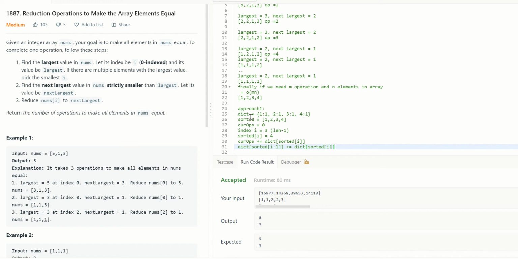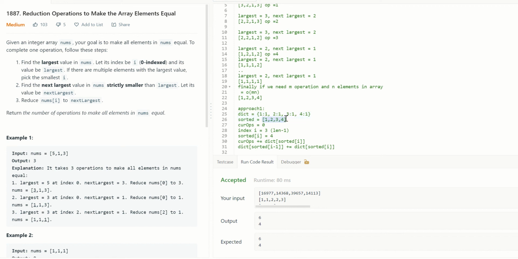One more thing that we are assuming is that the sorted array has all unique values. What if we don't have unique values? Can this work? This cannot work. This formula in line 31 cannot work. For that purpose, instead of just straight away sorting the input, we are going to get the keys from the dictionary and sort them.